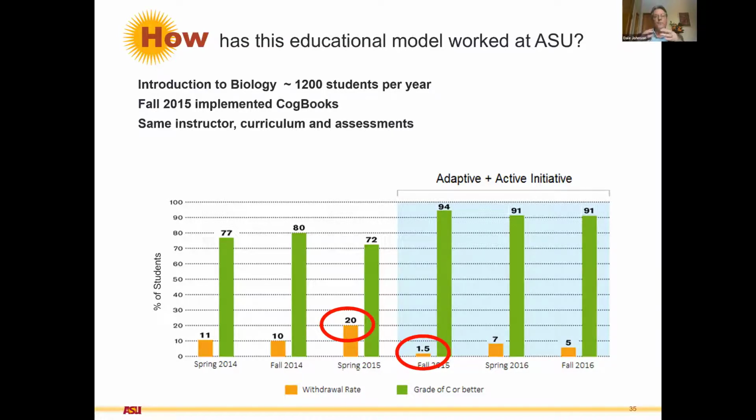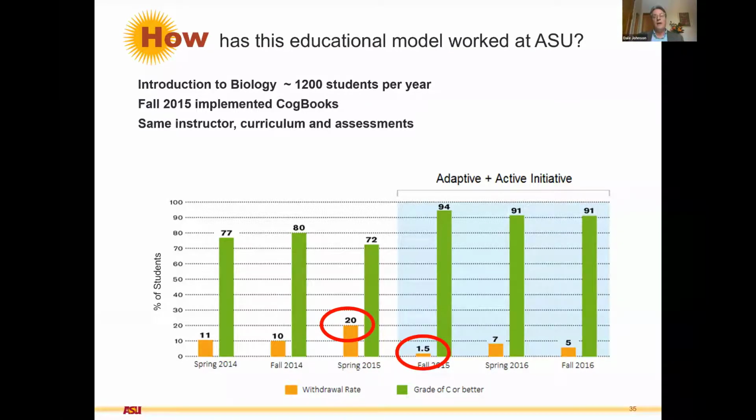And the primary hypothesis we have is because of the active learning. The social networks that students form when they're in their small groups of 6 are so strong that they help them weather the storm when things get tough. And in every science class, there's always a rough spot where you have to learn something that's really challenging. So these small teams form a natural social network. And that's what we want to reinforce.